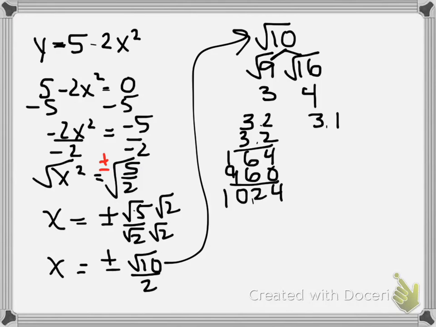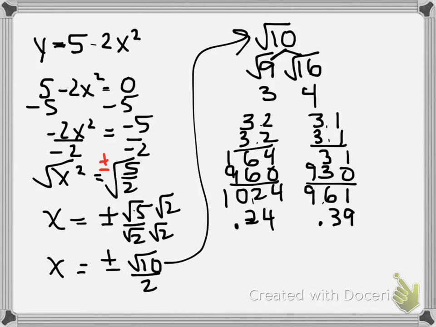So let's try 3.1. So we get 1, 3, placeholder 3, 9, and we get 9.61. So this one is going to have a difference of 0.24, and this one, the 9.61, has a difference of 0.39. So it is a little closer to 3.2. So it'd be something like 3.17. So let's use the 3.2. So this would be equal to plus or minus 3.2 over 2, which would give us